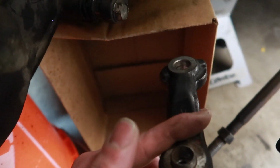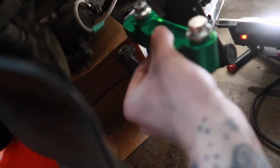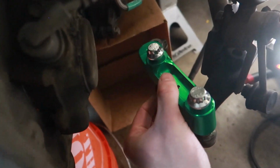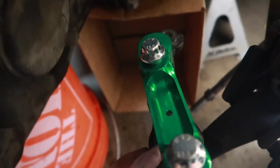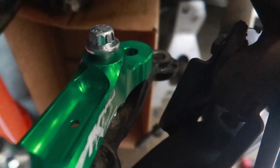And also, it dawned on me that we need to cut the OEM placement of the tie rod when we fit on the knuckle. I'm gonna show you real quick. So here we have the drift knuckle. Goes in like so. As you can see, we're gonna have to cut excess amounts,